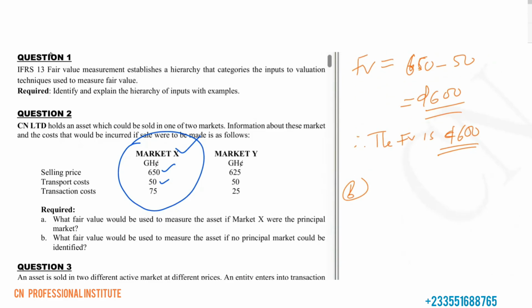Now B is saying, what fair value will be used if no principal market could be found? And we said if there's no principal market, then we use the most advantageous market. The default is the principal market, but in the case where there's no principal market, then we use the most advantageous market. So we can say if there is no principal market,